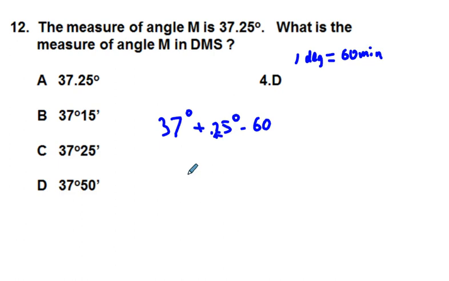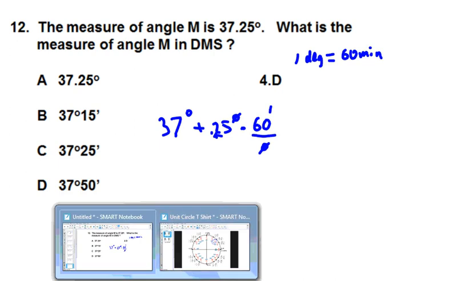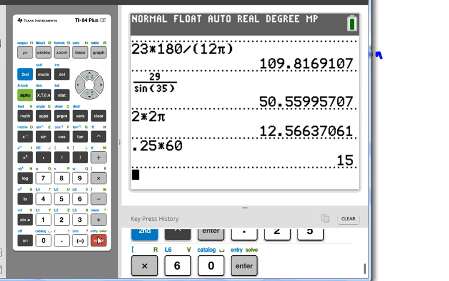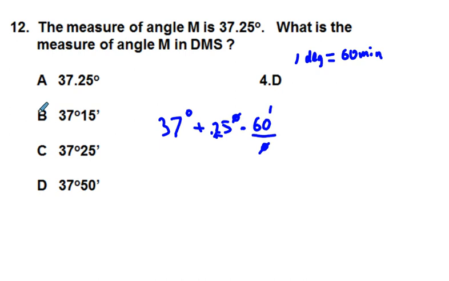That'll be minutes, because it's 60 minutes per degree, so degrees over degrees cancel. 0.25 times 60 is 15, yes. So that's going to be 37 degrees,